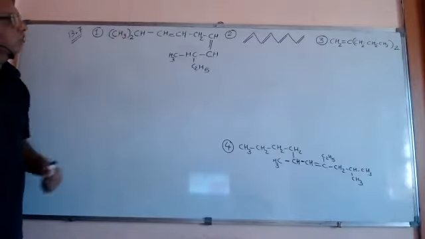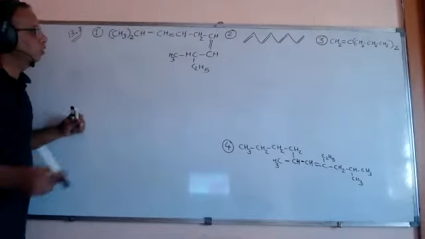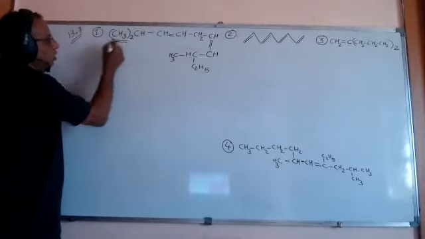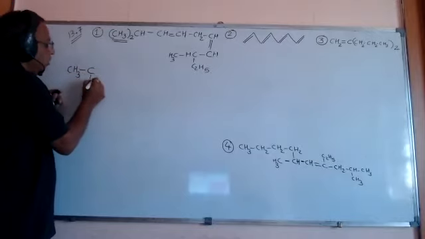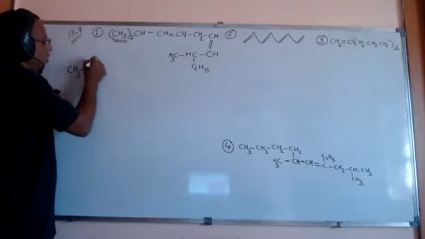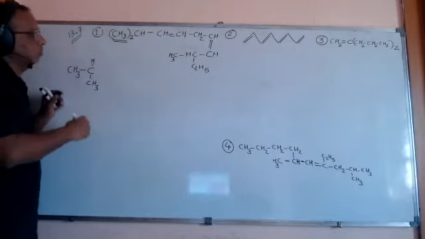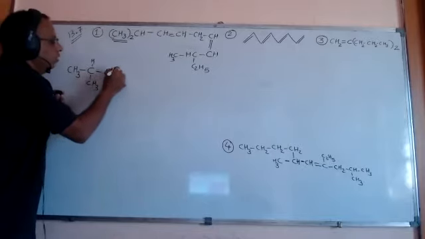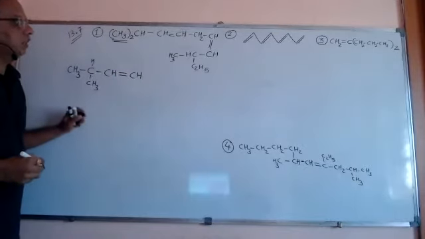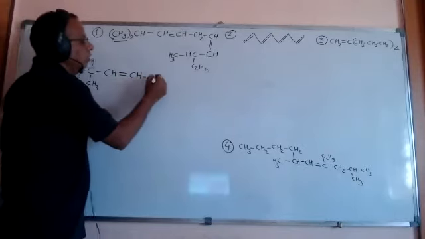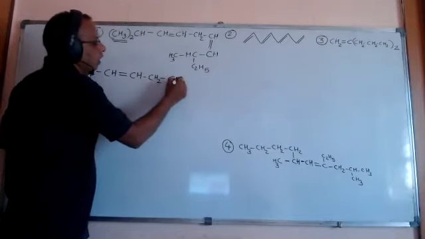You can see the first one is given in complex form. So what to do? This is 2 CH3 different. So CH3 on the first carbon is mentioned here, this is hydrogen. So this is the first one. Then after the second, CH is given, a double bond is given, then CH, and then CH2, then CH.